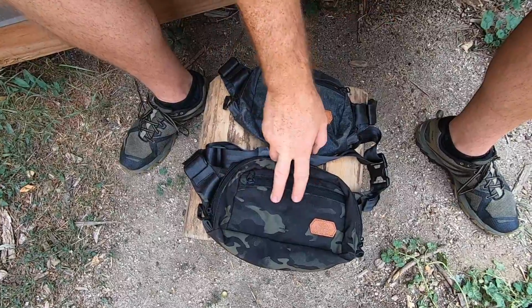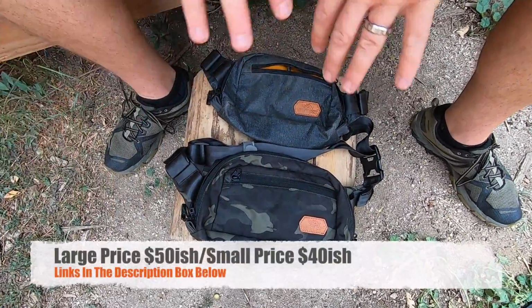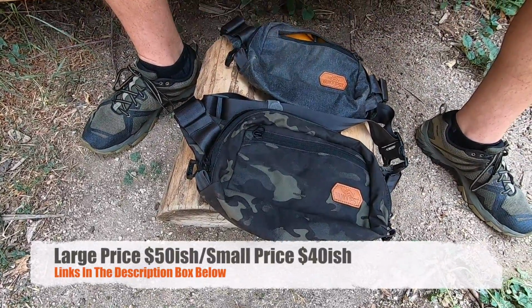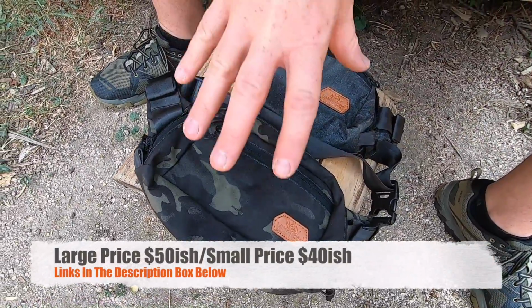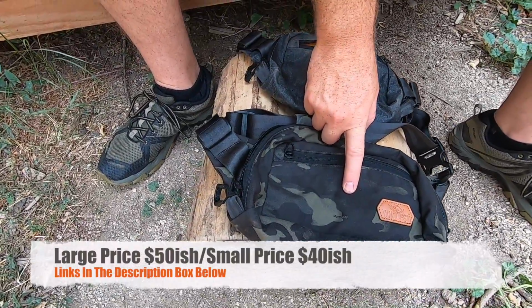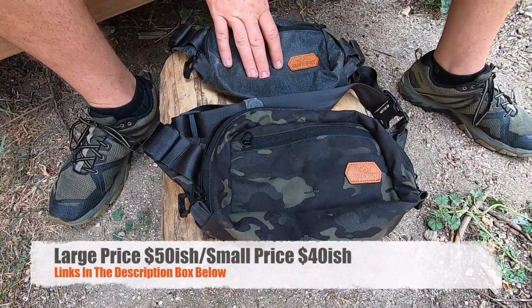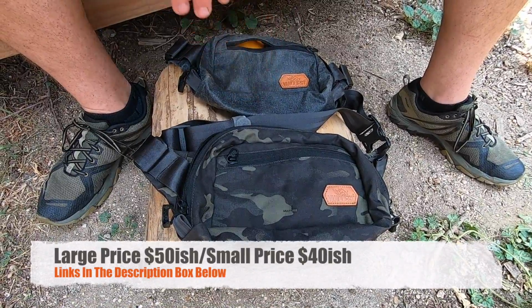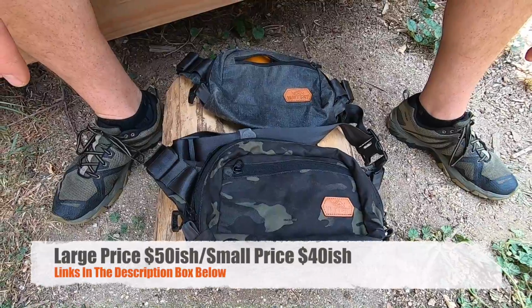Now, Vanquest did send both of these over to me for my wife and I to be able to test, use, review, and take on trips, to give you guys feedback, data, and pros and cons for each of the designs. They have those 3 color combinations that you can choose from. For the pricing, you're going to look at just over 50 bucks, like $52, on GPKNIVES, where you can pick these up, or the Vanquest website. Between 50 and 55 bucks for the large, and I believe between 40 and $45 for the small. So definitely 50 bucks or less on average is what you're going to be looking at,